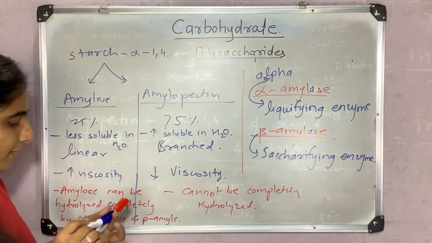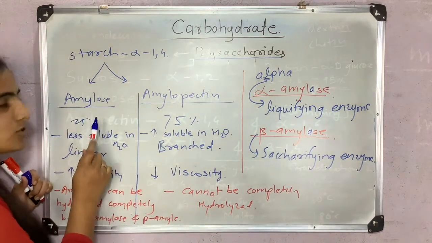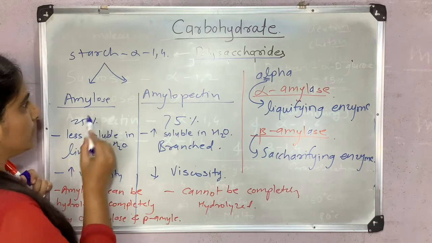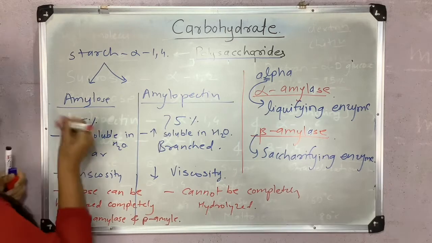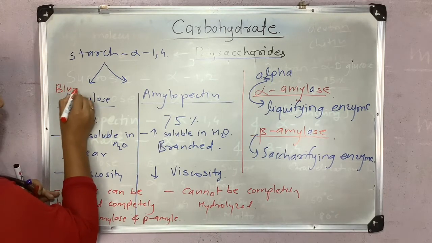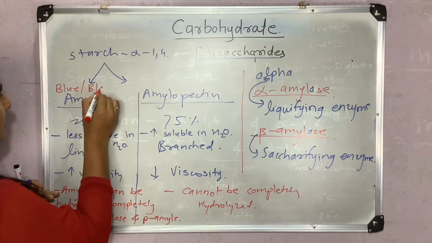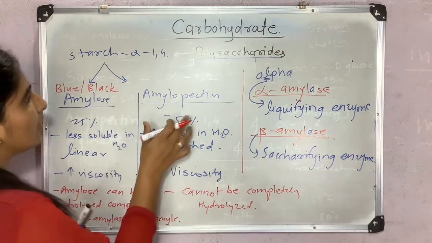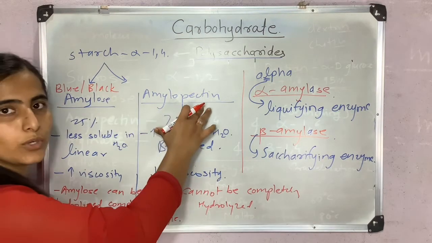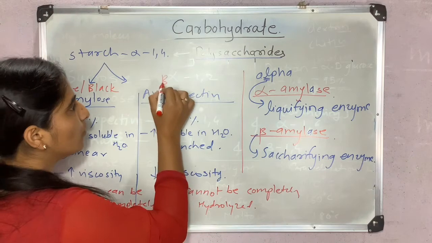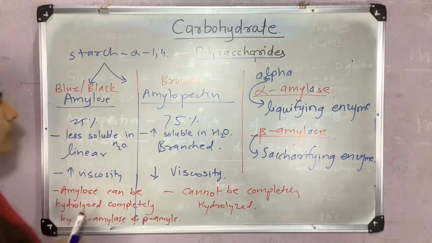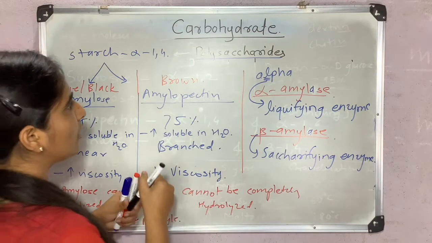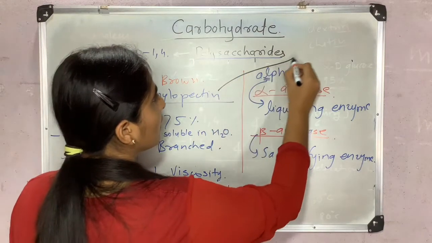One more important thing is, when iodine solution is added to amylose, the color is blue to black, and when iodine solution is added to amylopectin, we get a brown color solution. And here remember one example: